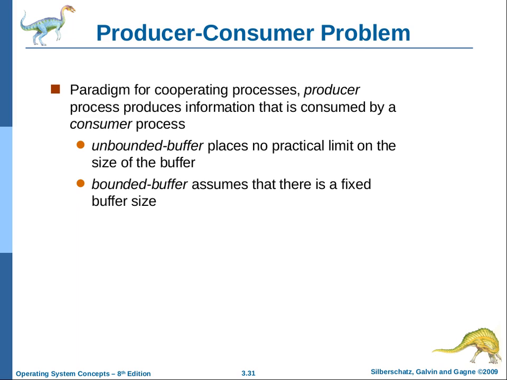Producer produces some information that's consumed by, well, it doesn't have to be a consumer, but there are usually multiple consumers. So they have to communicate. What's a common problem? The slide is named the producer-consumer problem. The problem is, how are we going to implement producer-consumer using processes? How would you implement it? You have one thread that produces information, and everyone else has to consume it somehow.